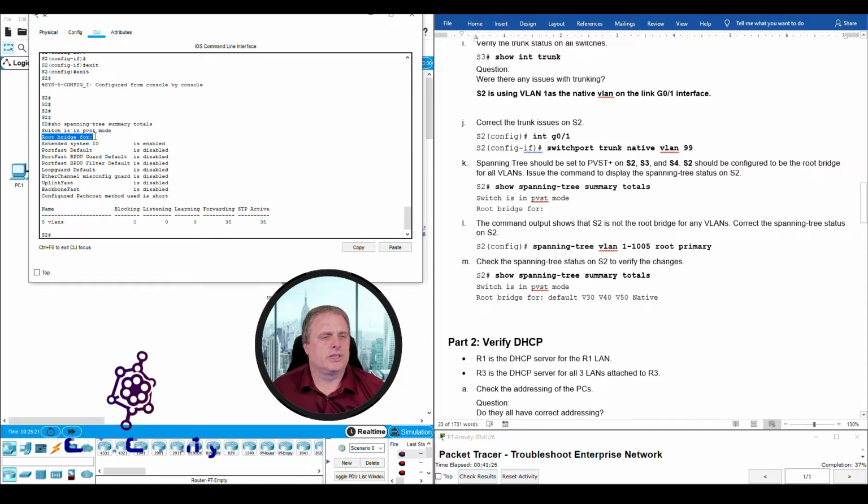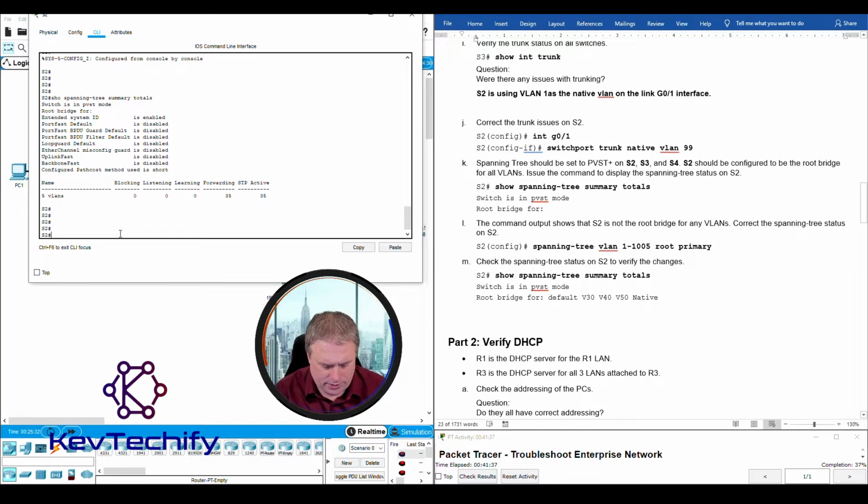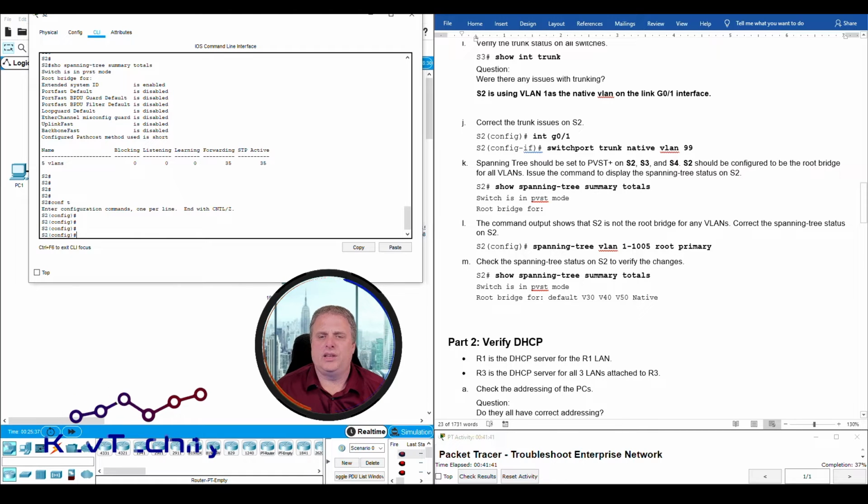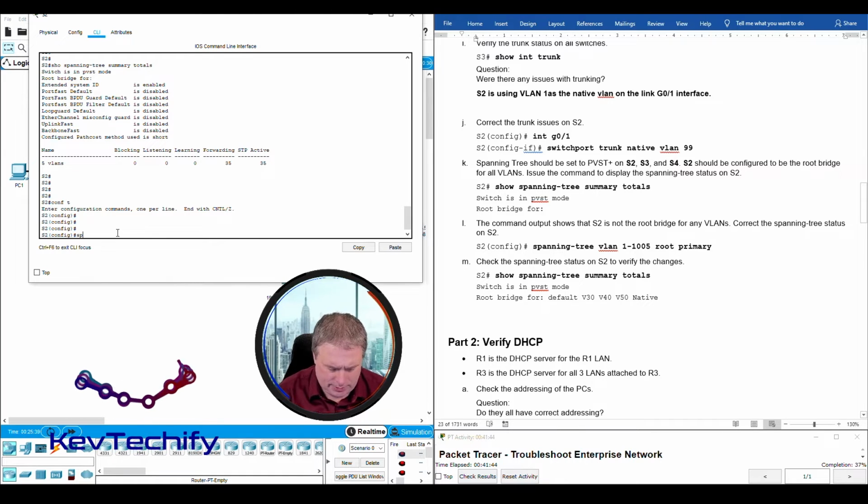It's also showing us it's a root bridge for, and then there's nothing listed. So there is no root bridge here. What we have to do is go ahead and change that. Now to change that, we go into global configuration mode, config t. From here, we need to do that using spanning tree